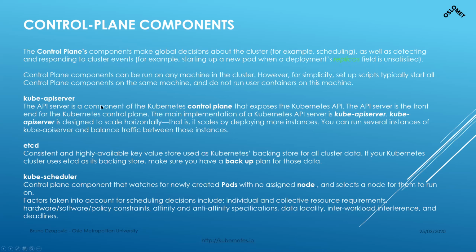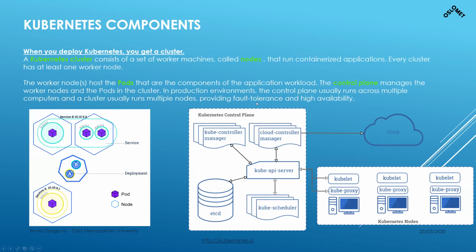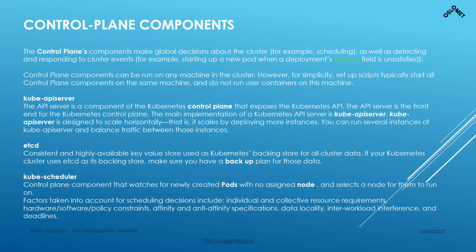The first control plane element is the kube API server. The API server is exposing the Kubernetes API, and this is the front end of the plane. So the API is connecting the kube API server with, if I go back to the slide, the kubelet service and the kube proxy, which actually tell the API server, oh, this is a VM named this with this IP address, and this is another one, and this is another one. So the API server serves to connect these things with each other.